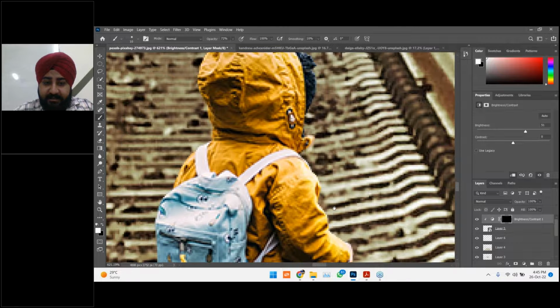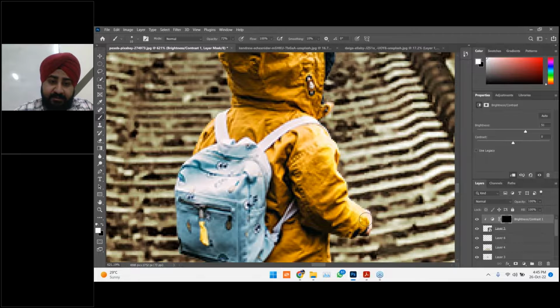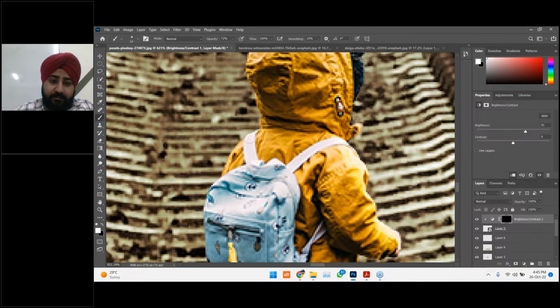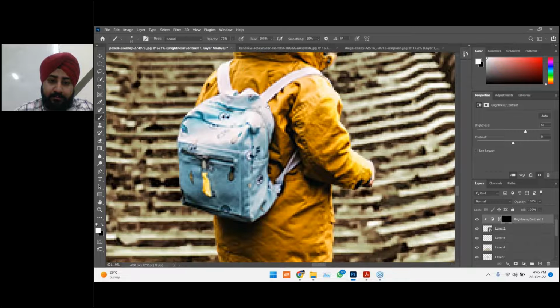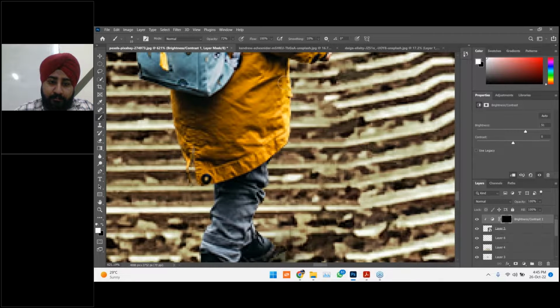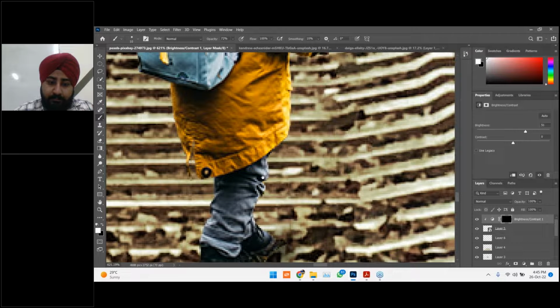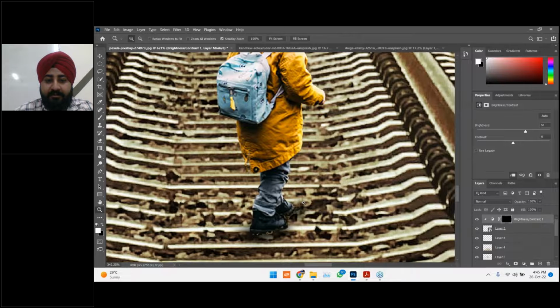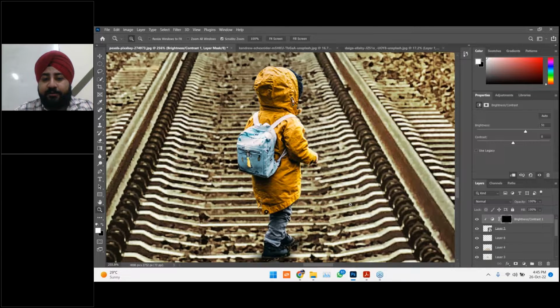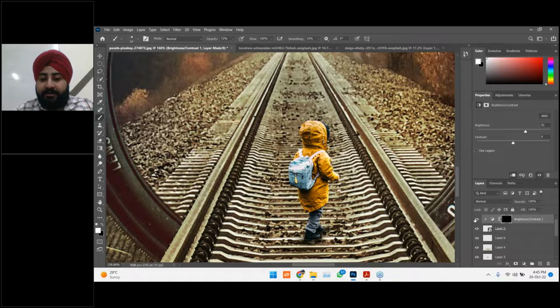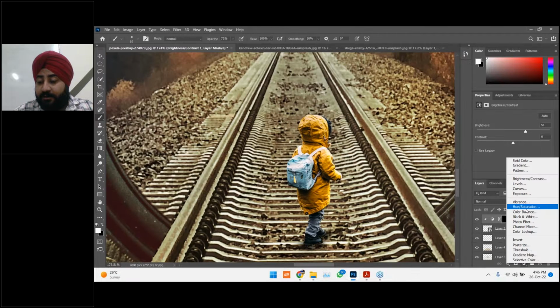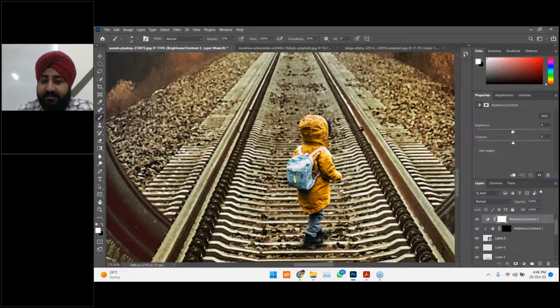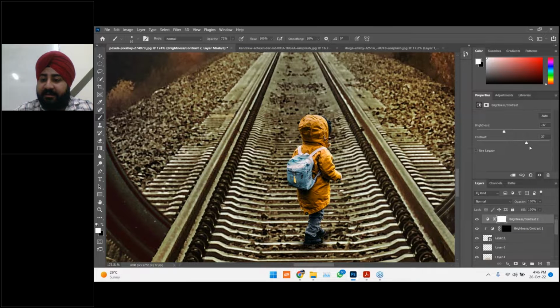From there light is coming, so I have done it like this. See, you automatically see the difference. After adding the light, it is more into the scene. Similarly, we can enhance the shadows also. All I need is again brightness and contrast. We can decrease the brightness, increase the contrast, and